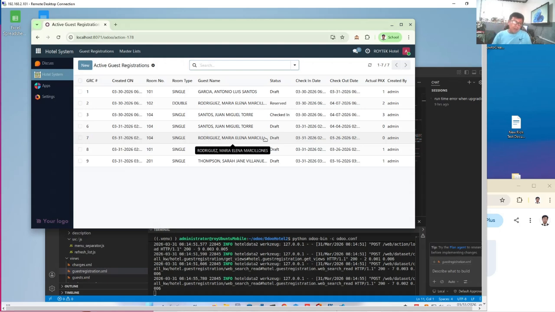So therefore, all the users should be able to see the available data that is being transacted so that they will be able to make the proper reservations. Now I've also added a column indicating who created the document or the registration so that they will right away know who to consult regarding the details of newly created registrations.